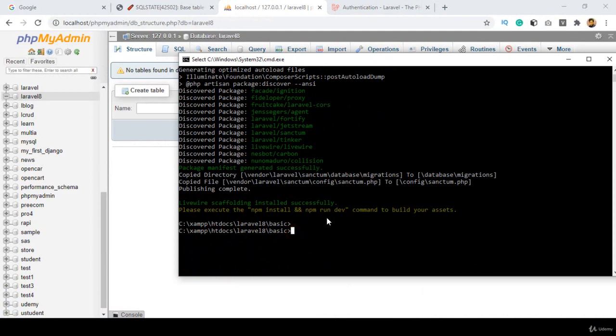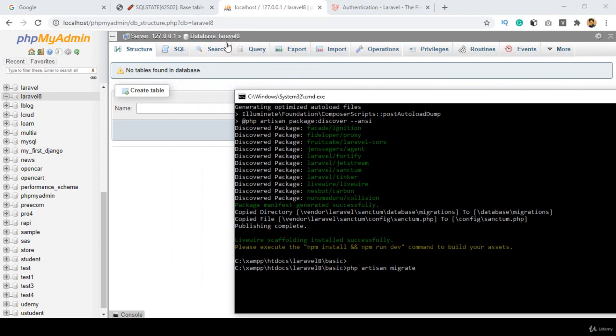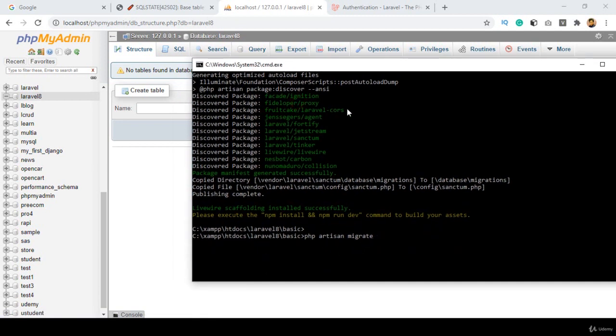So here I write PHP artisan migrate. That is the command. When you run PHP artisan migrate, it will run all your migration files, and all the tables will be created in our database. I'll show you now. If you click enter,